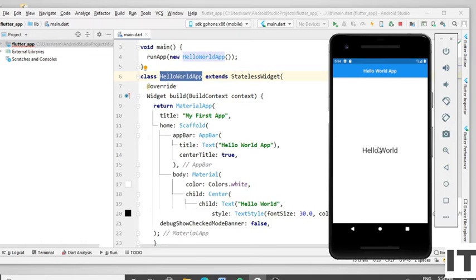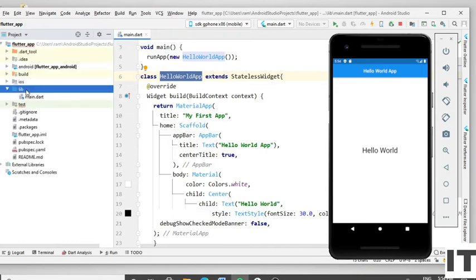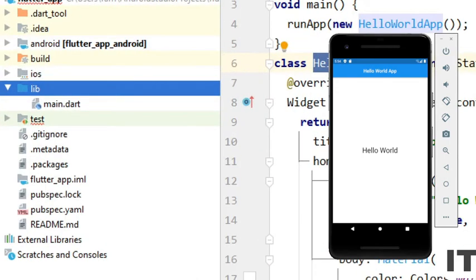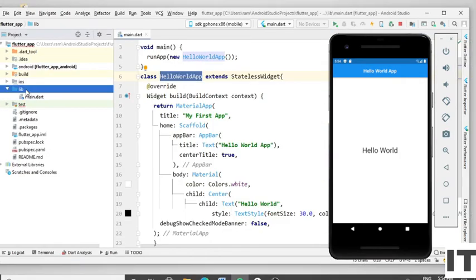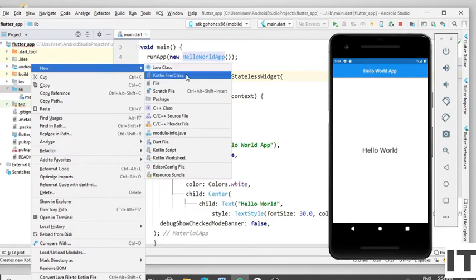Within the lib folder, we create a package. Right click on the lib folder, click on new, and then click on package.